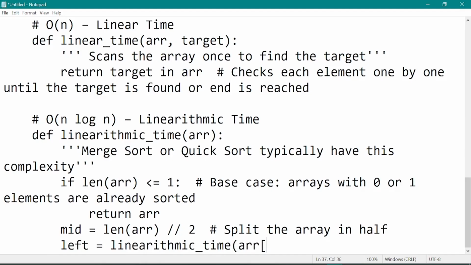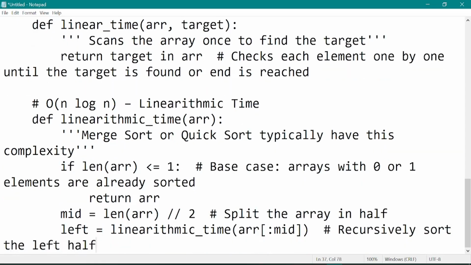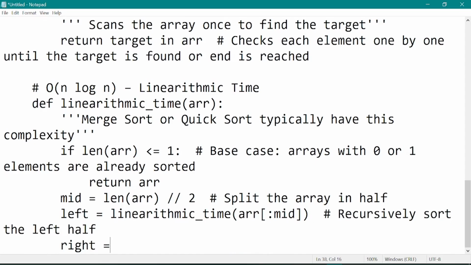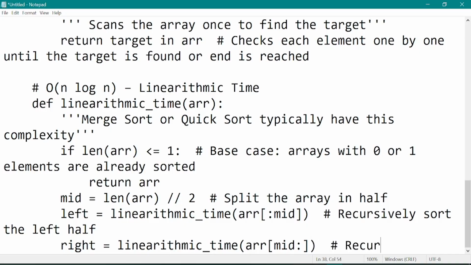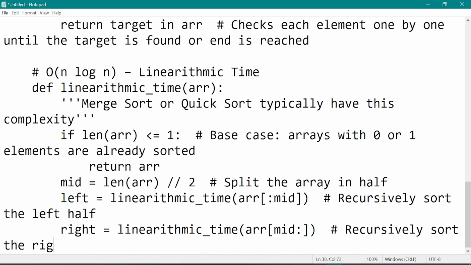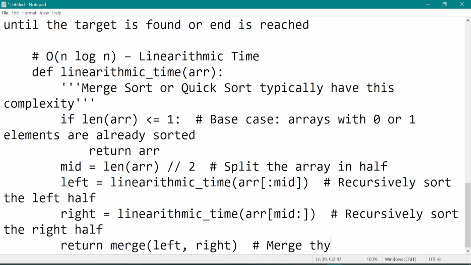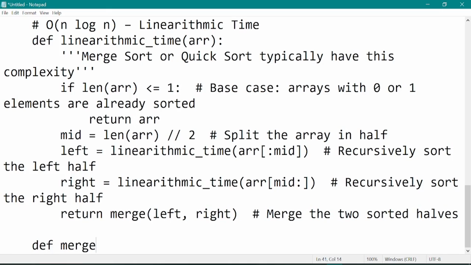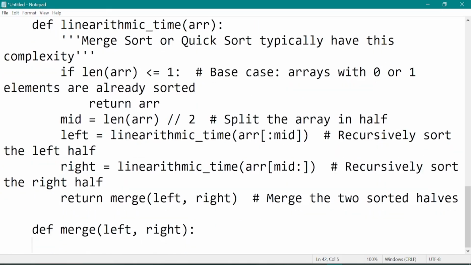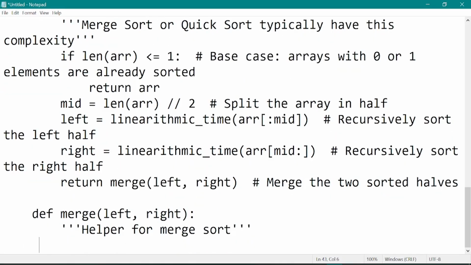Remember, that's a floor division also, which means we split the array in exactly half. Left is equal to linearithmic_time, and we pass the array values up to mid. So recursively sort the left half, and right is equal to linearithmic_time of array from mid and above. So recursively sort the right half. So we return merge(left, right). So this is we need to merge the two sorted halves, and we can also define now the merge(left,